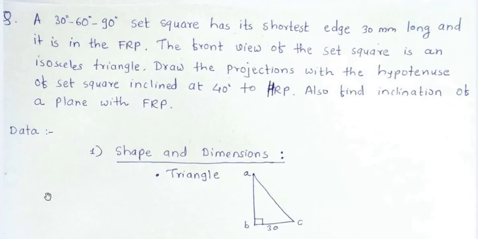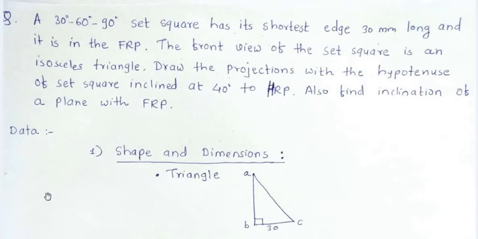In this session, we would study one typical problem from the chapter Projections of Planes. This problem is typical in the sense that it involves all possible types of complications of the chapter Projections of Planes. Now this chapter involves three types of complications. The problem would be complicated because of these three conditions.